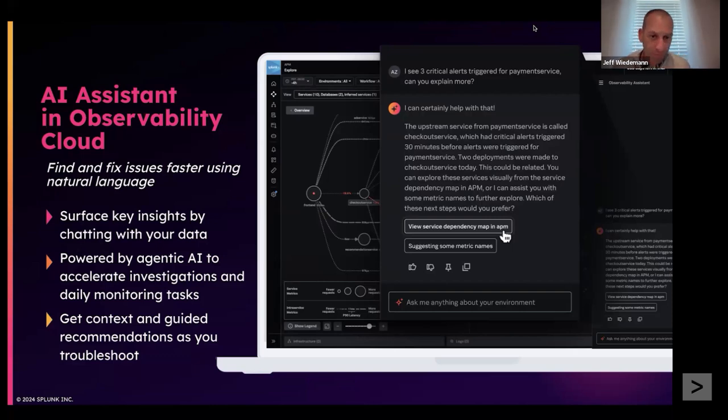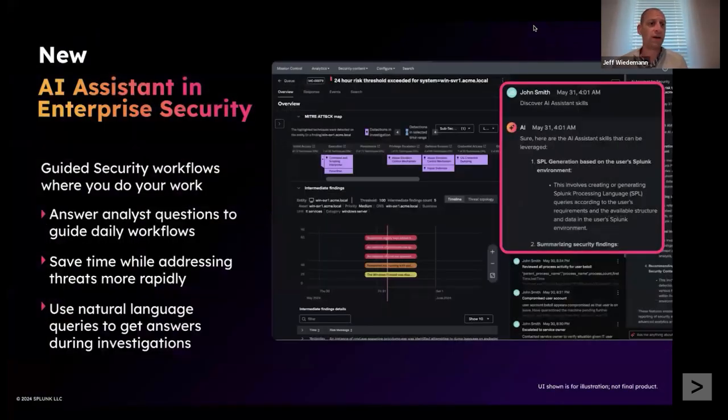It's pretty cool stuff. And then the last assistant that we're working on is our AI assistant in Enterprise Security. This is currently in private preview. So if you're interested in becoming part of the preview program, you can reach out to your account team and see if you can get yourself signed up. Basically, the AI assistant in Enterprise Security is sitting directly within the incident review panel, and it's going to help the analyst, that tier 1 analyst, accelerate those really standard incident investigation steps that they have to do